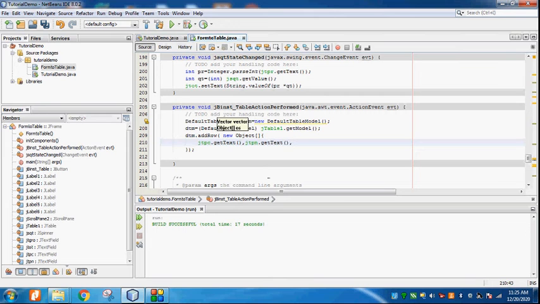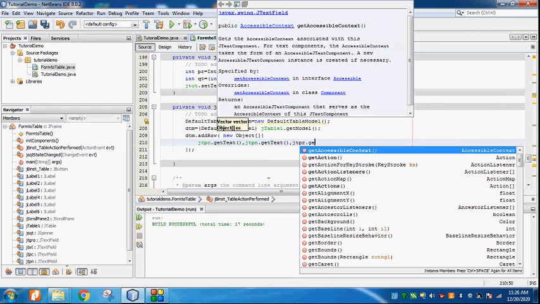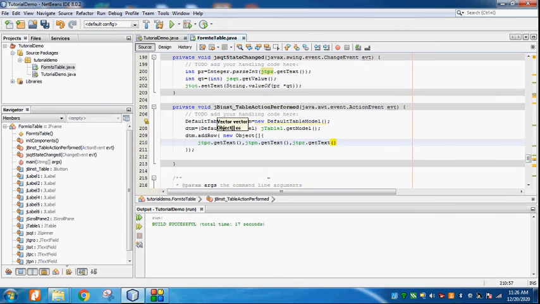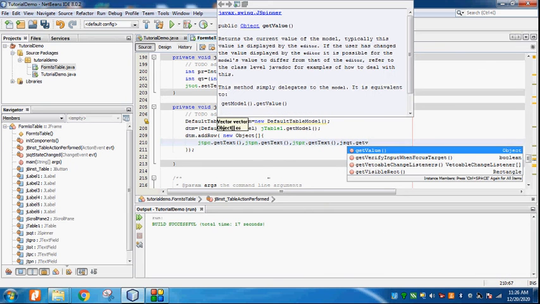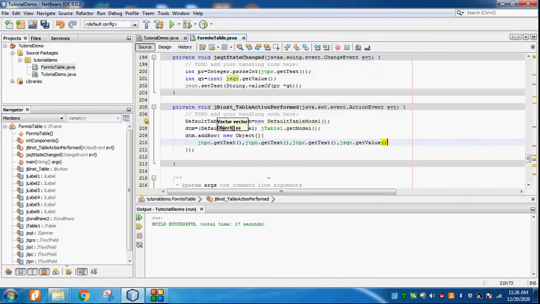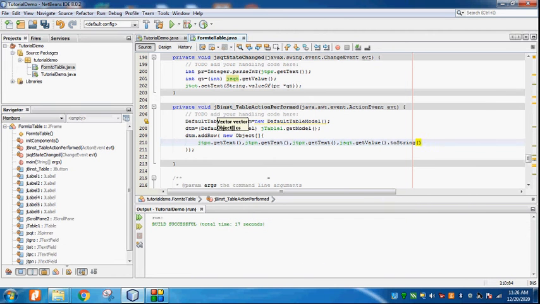comma, product code, product name, price, so jtpr price dot getText, comma, jsqt quantity dot getValue dot toString.